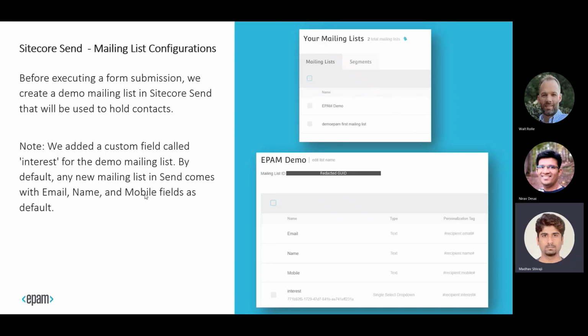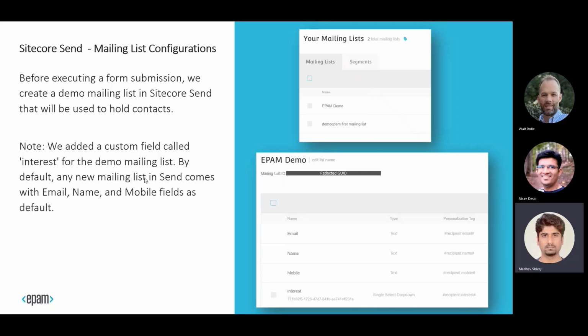So when it comes to the Sitecore XP, we created a form, we created a custom action method, and we called the API. So in order to call that API with a mailing list and also the API key, we need to set up a demo account. Probably this is what you see, the EPAM demo account, which we created. And we also created a mailing list, which looks like this, EPAM demo list or whatever name you gave. And each mailing list here represents the mailing list ID, which we post through our custom submit action. So when we have this mailing list configuration,